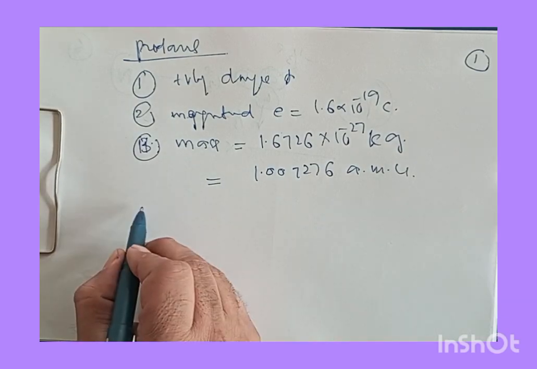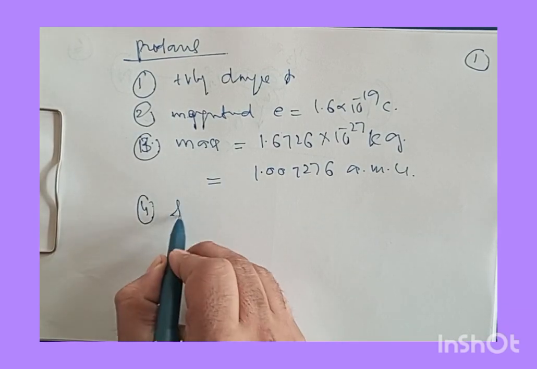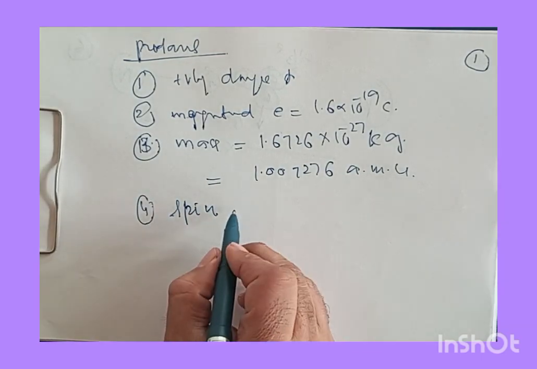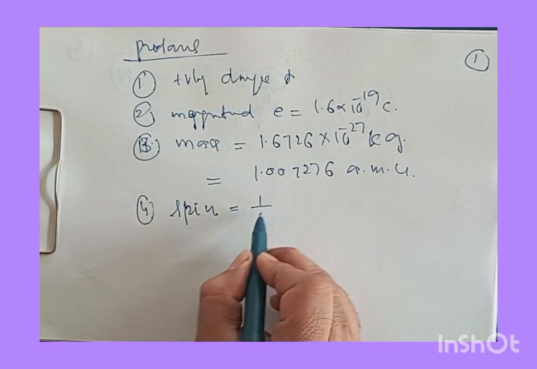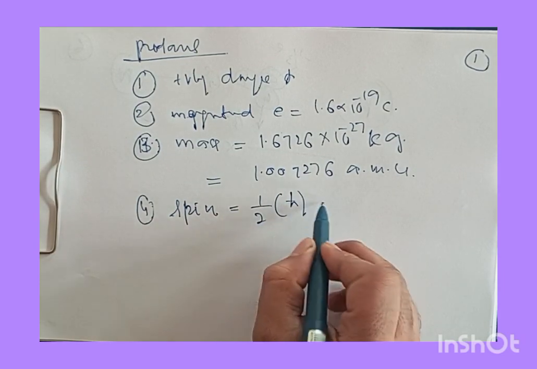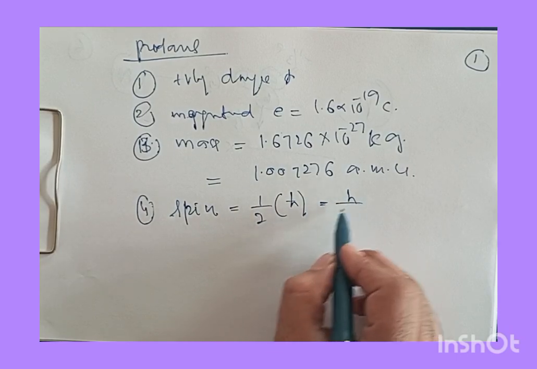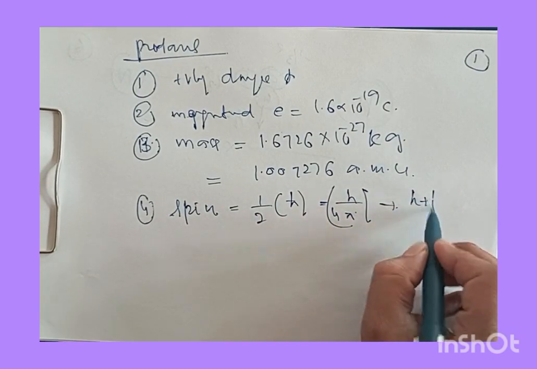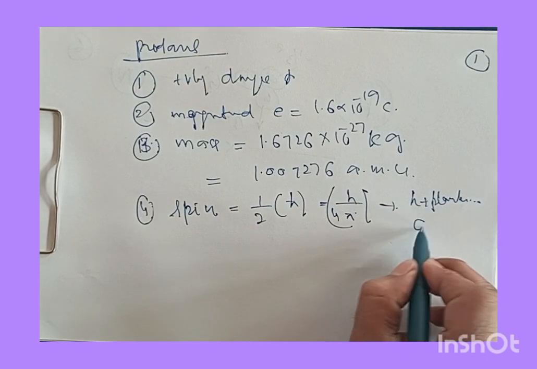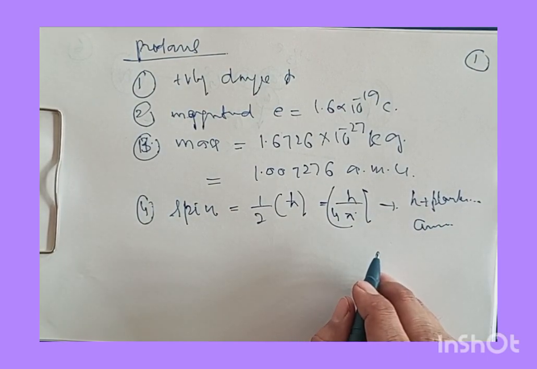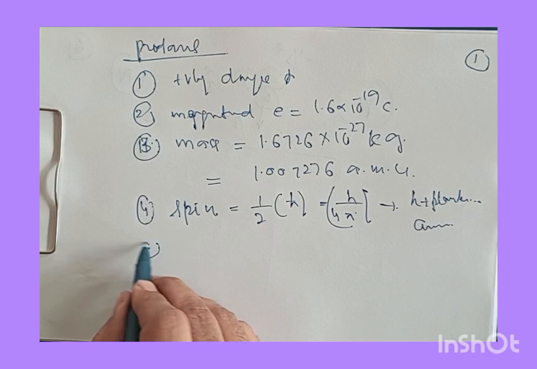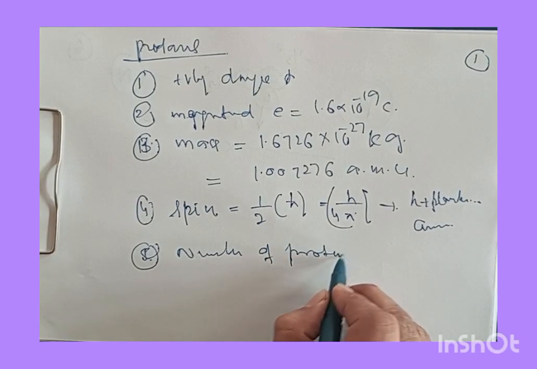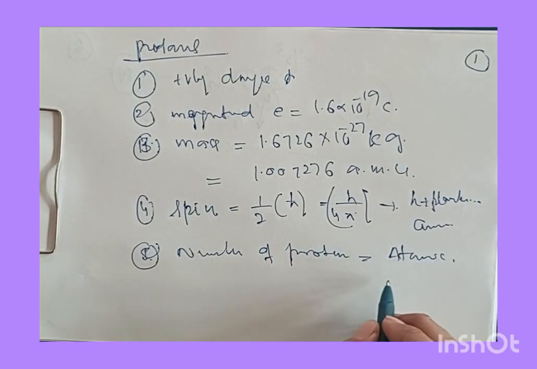And then this proton has spin. It has its intrinsic spin, and that spin is 1/2 of h cross, and that is h by 4 pi. And this h is known as Planck's constant. All right, and then what is the number of these protons? Their number simply gives us the atomic number